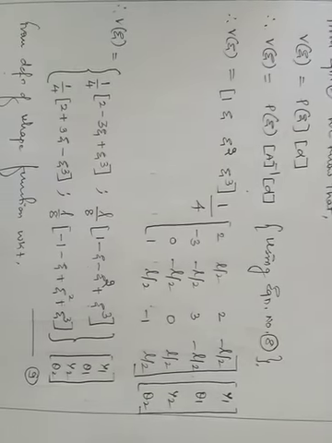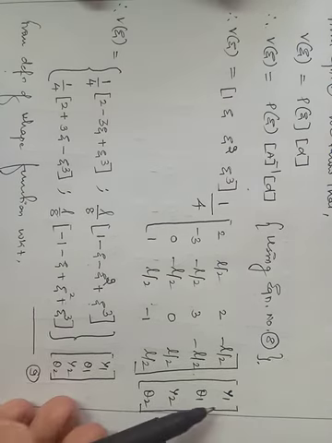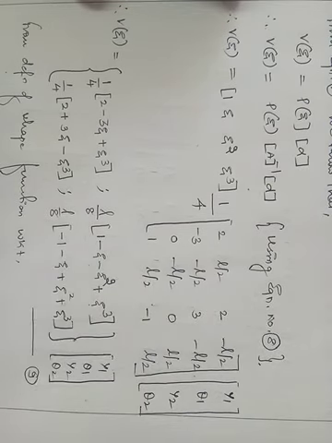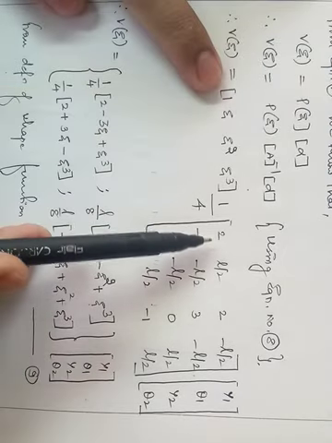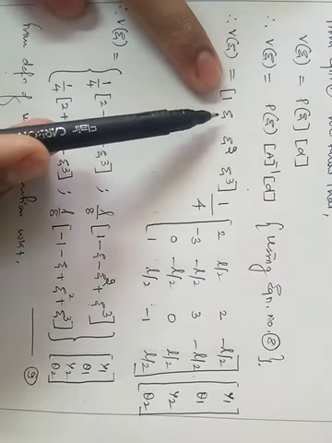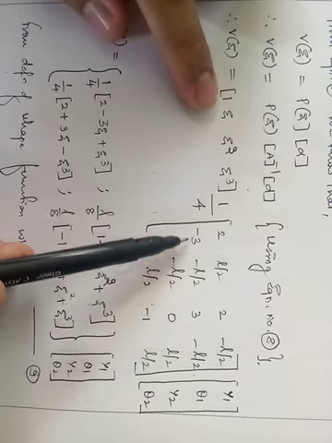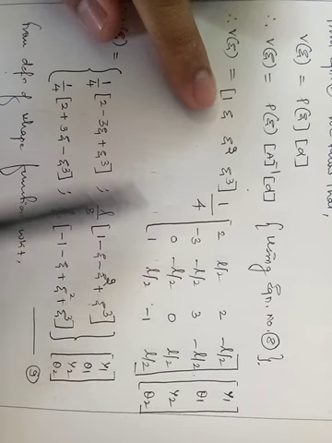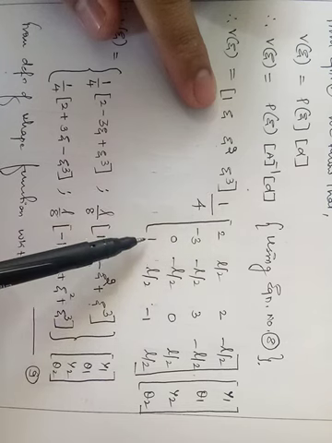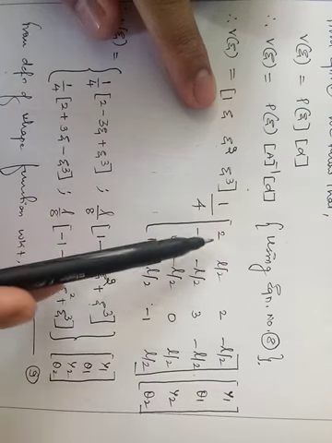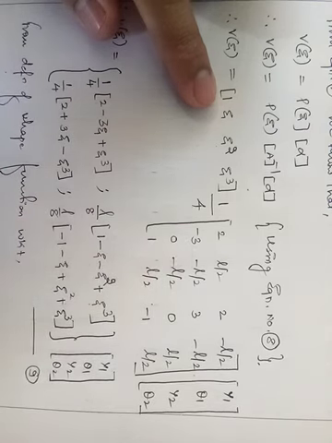Now you need to simplify it further. So V of zeta is equal to this, you keep it as it is, y1, theta 1, y2, theta 2. Okay, 1 by 4. It is simple multiplication. I'll show you how. 1 into 2 is 2, zeta into 3 with a negative sign is minus 3 zeta, zeta square into 0 is 0, zeta cube into 1 is zeta cube, so it is 2 minus 3 zeta plus zeta cube. 1 by 4 I have kept it as it is.